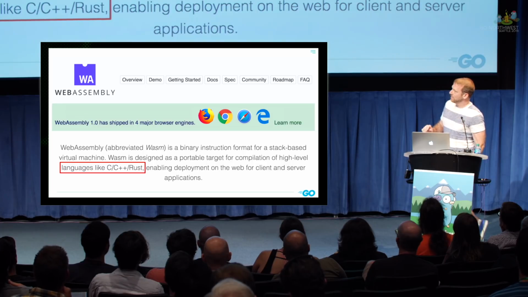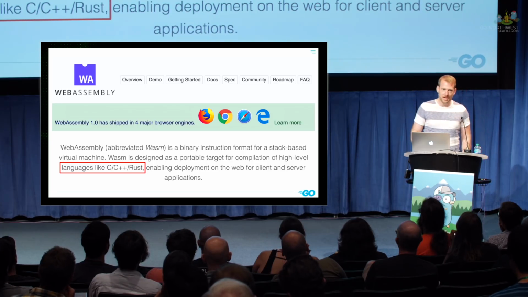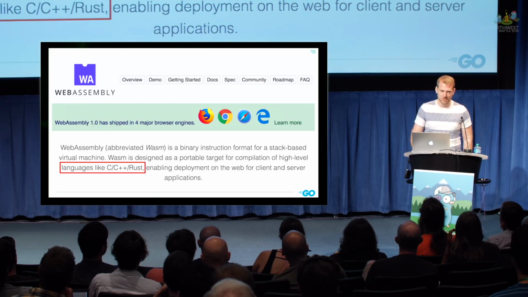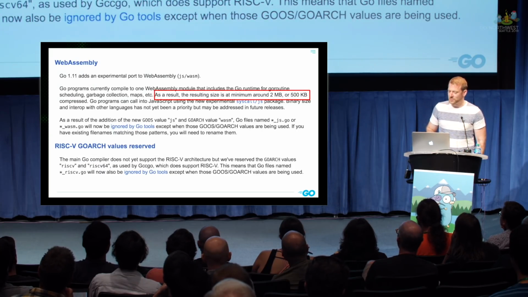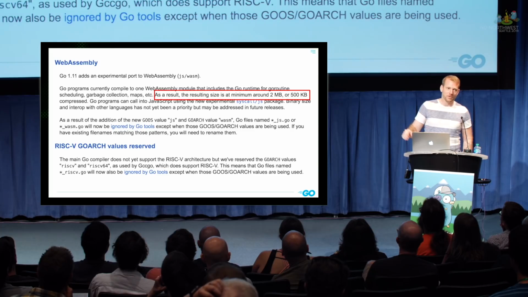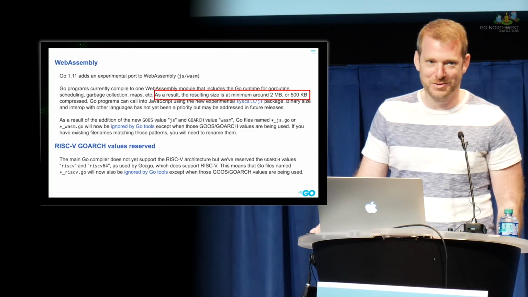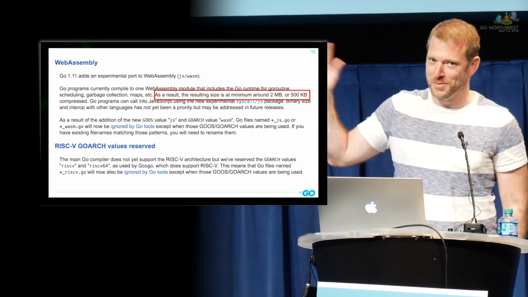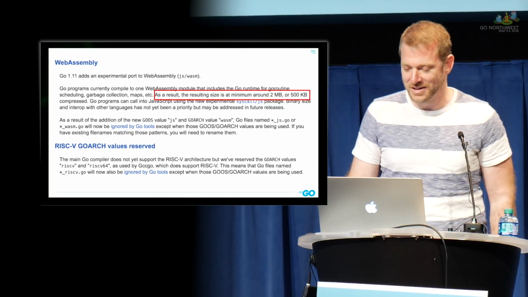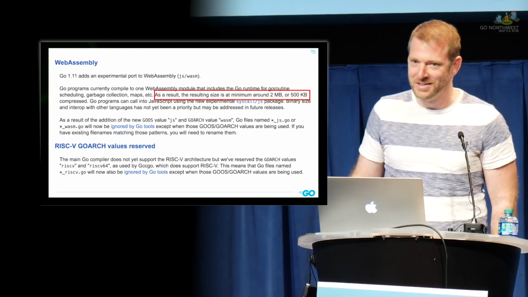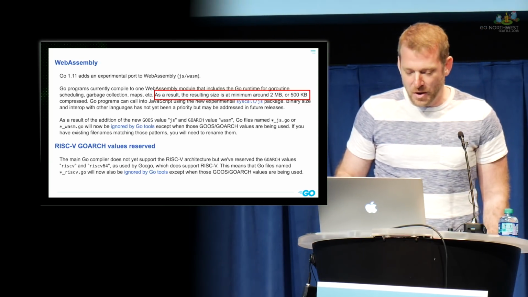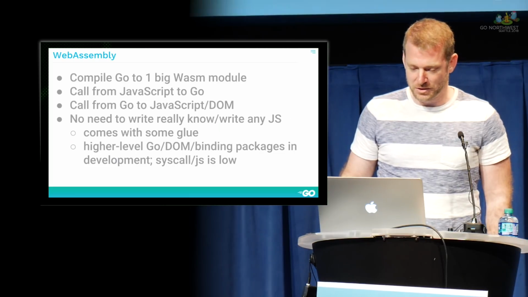But it was kind of designed for languages like C, C++, Rust, and this affects us a little bit in that it's not a straightforward architecture to target from Go. So as a result, the hello world binary is about 2 megabytes, and that's 2 megabytes you're loading into a browser. It's 500 kilobytes when you compress it though, so it's not terrible, and in theory it's cached, and sometimes you have images that are that big anyway, so maybe who cares. But there's definitely room for improvement, which I'll talk about.